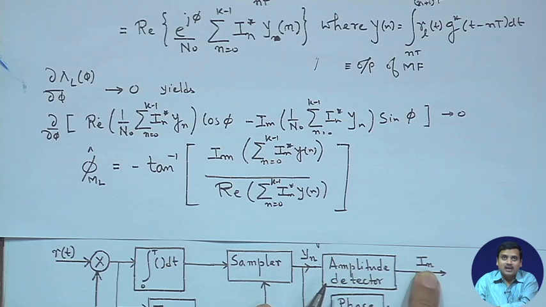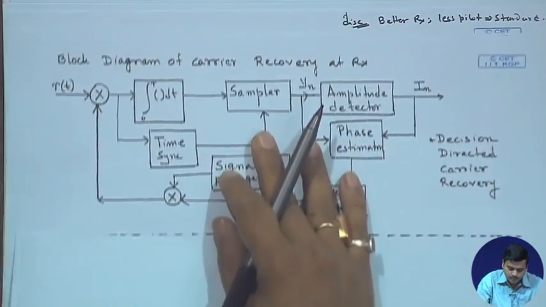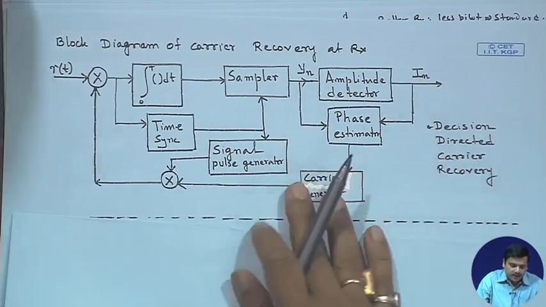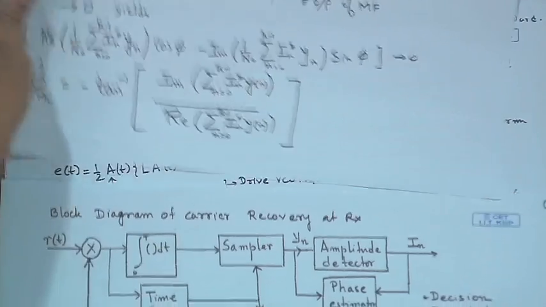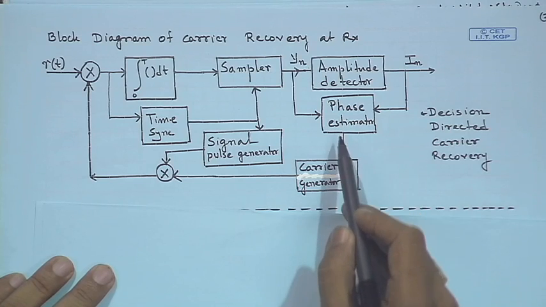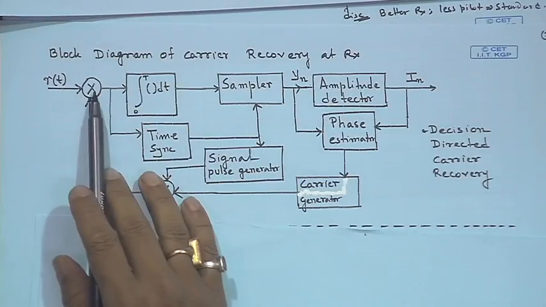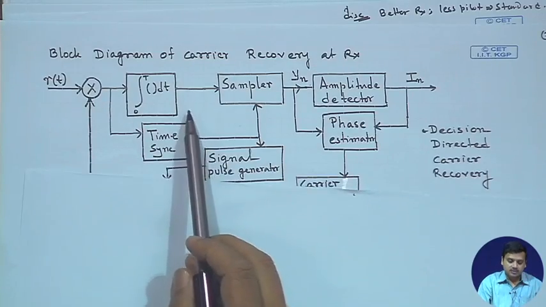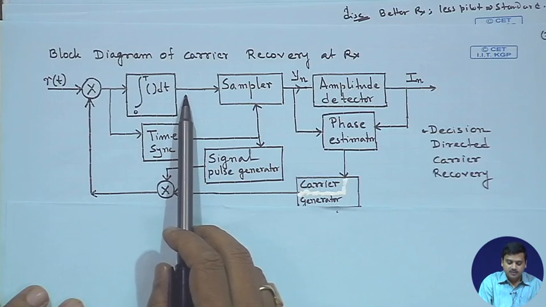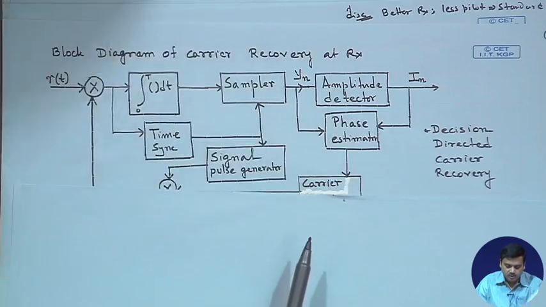This decision directs the phase later on. If it is known a priori, it could be pilot, otherwise it could be decision directed. Moving further, using YN and IN is what you need to estimate the phase. You just need the IN and the output of the matched filter. Once you have estimated the phase, you pass it to the carrier generator. The carrier generator multiplied by the pulse generator is what is multiplied by the received signal. The pulse generator is GT, and once it passes through this filter or this integrator, you are left with the residual phase, and the expressions finally yielding to this